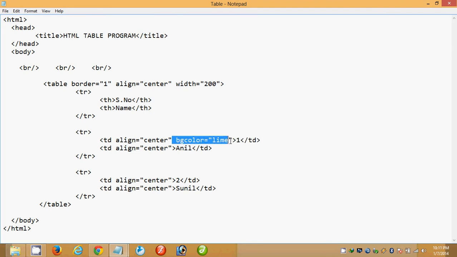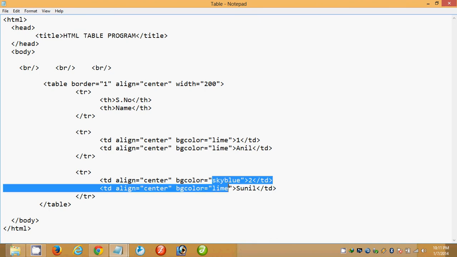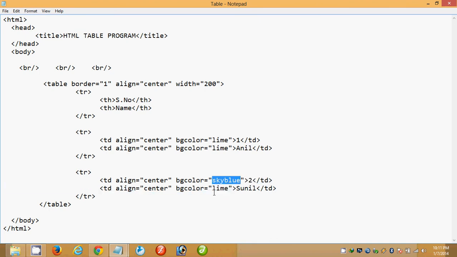I'll copy this one. We will save this, and in the same way bgcolor for the heading also. If we consider it as yellow.